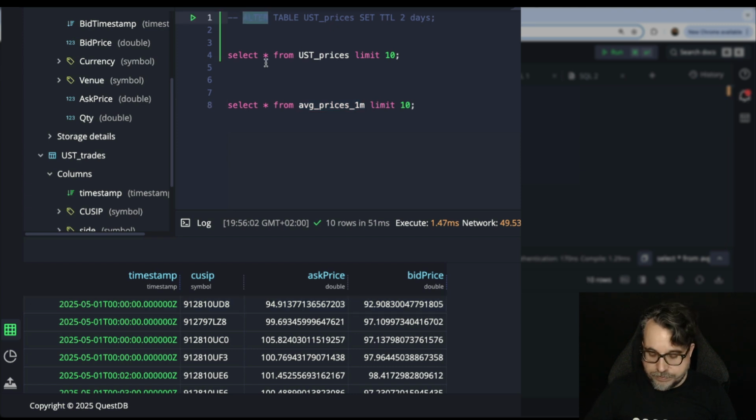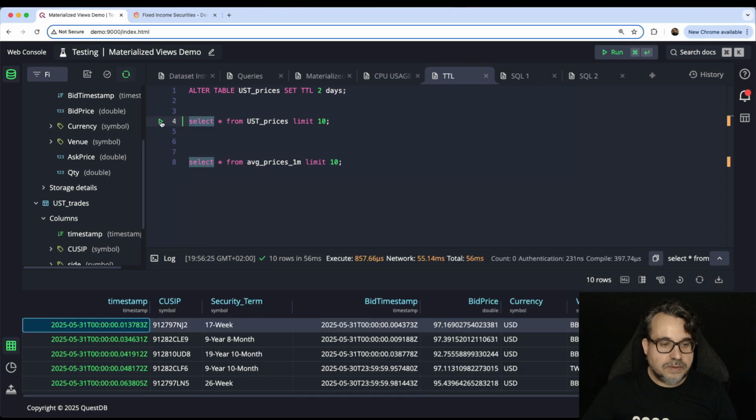Something I can do, I can change my prices table and I can tell it to keep only 2 days of data. So now, when I check my prices table, I can see the first date available.